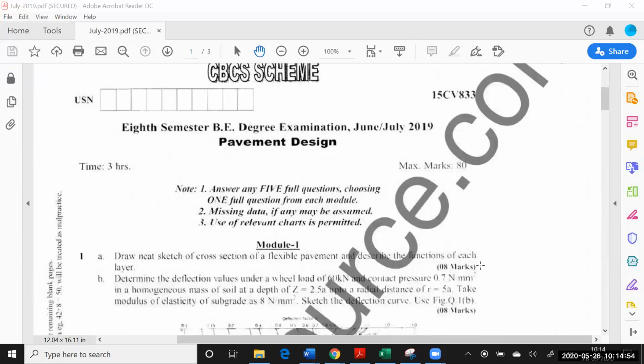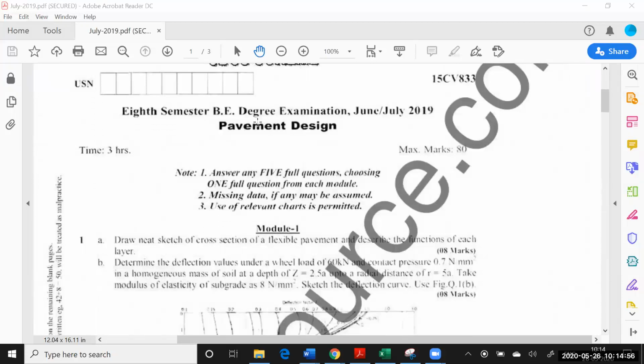Generally the question paper pattern will be half theory and half problematic. This is the general way in which it appears. There might be slight variations wherein it will be 40% theory and 60% numerical, or 60% theory and 40% numerical. So keeping this in mind, I would just like to go through it.